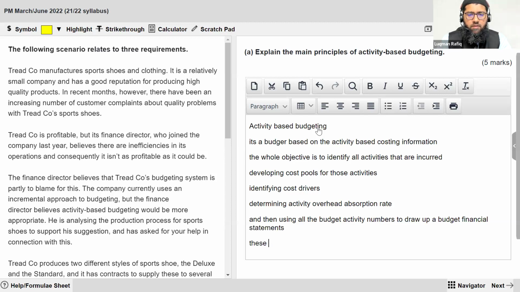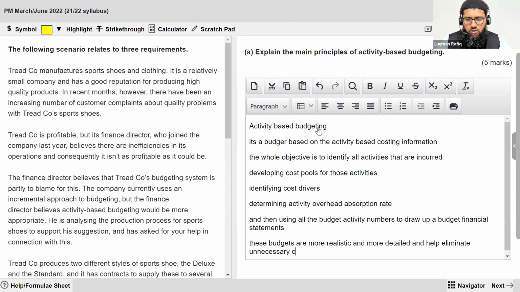These budgets are more realistic and more detailed and help eliminate unnecessary costs and allocations, right? So that's what actually happens with respect to activity based budgeting. What you do is that you establish